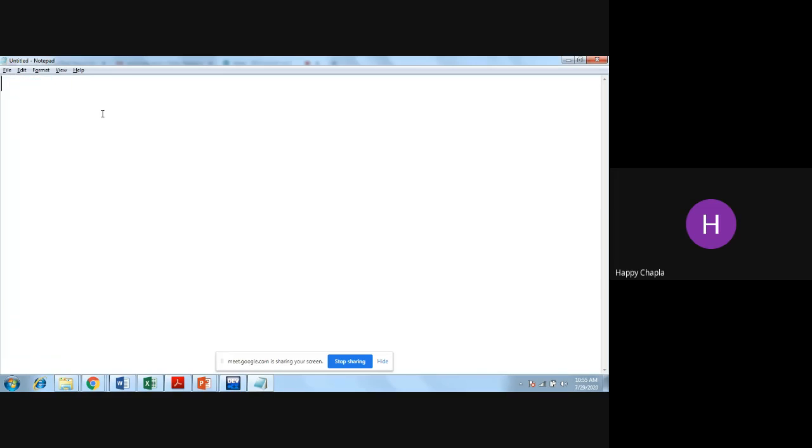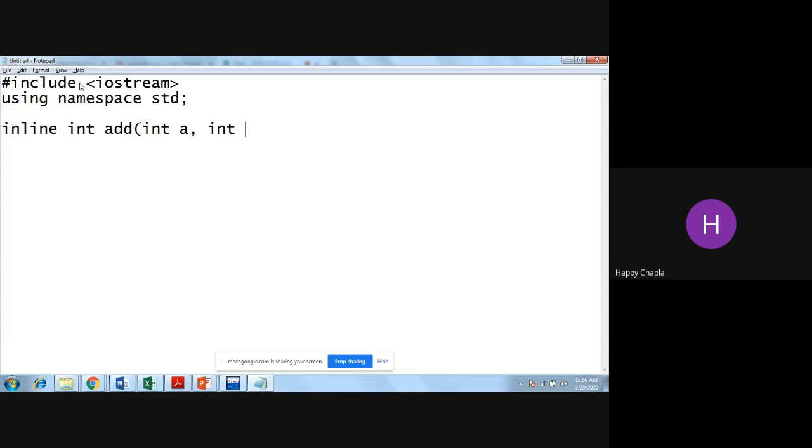So first, what I'll do, I'll make one function, inline int add, with integer a comma integer b. In that, I'll just return a plus b.